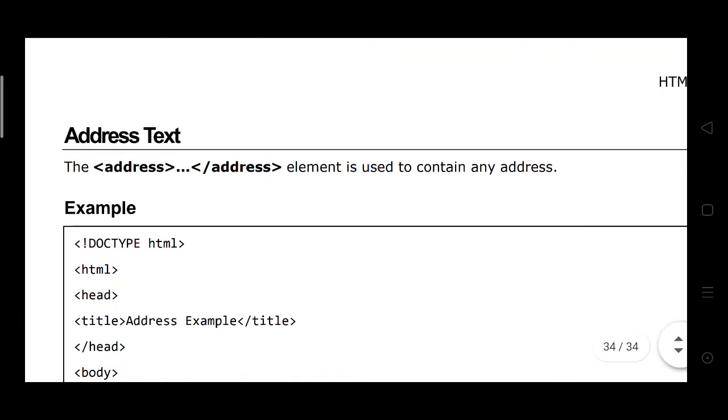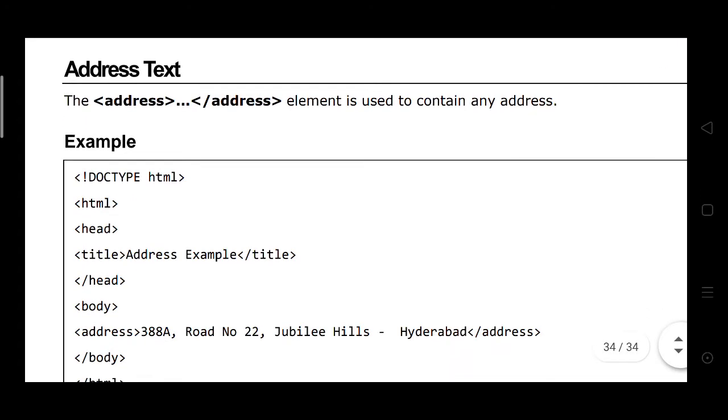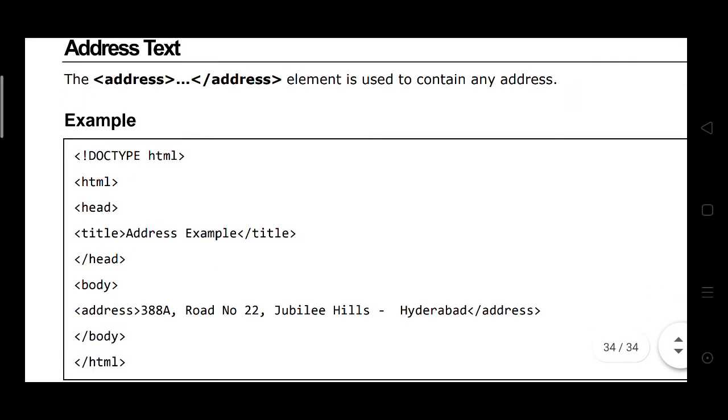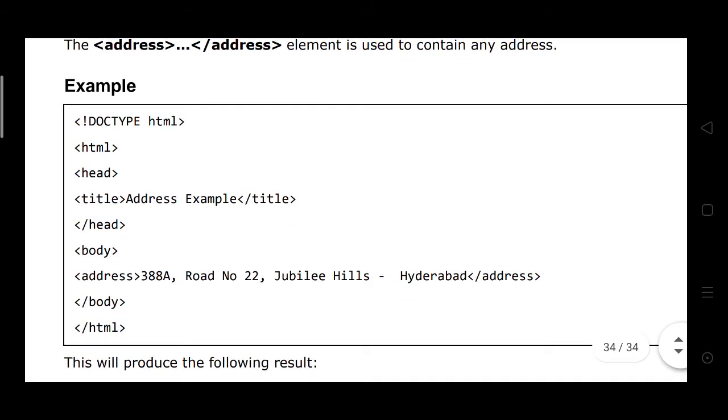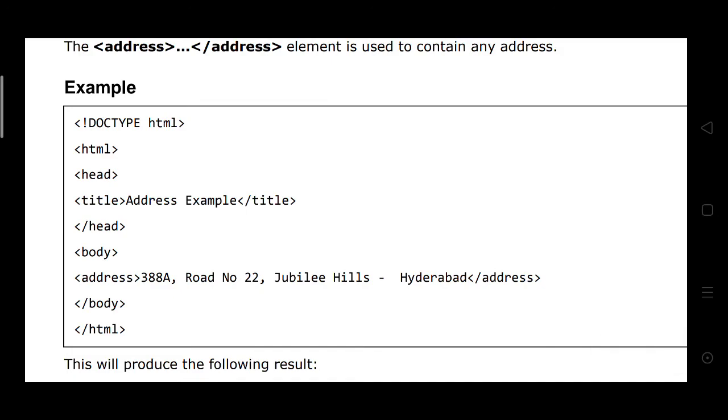Address text. The address element is used to contain any address. You may write the program: doctype HTML, head, the title is address example, head, body, address.